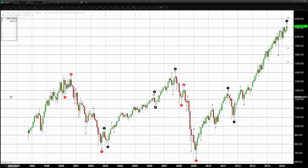Traders, another market that we will be covering, even though we have seen it have a lot of difficulty reaching new highs, closing at 2119, is the E-mini S&P. Now, this is an extremely long-term chart. This is a monthly chart, but to give you an idea of the clear-cut trend or direction that we have